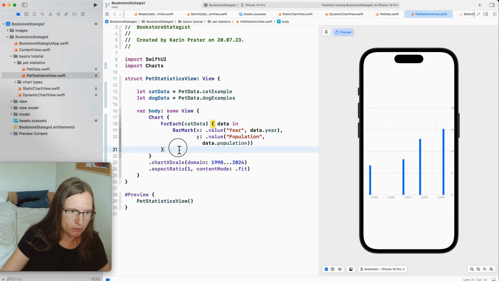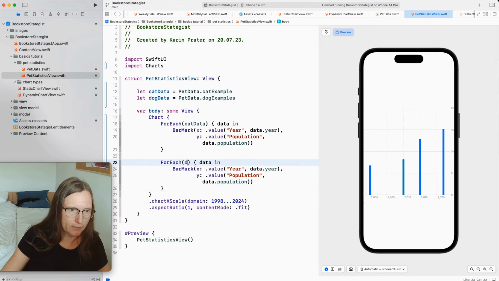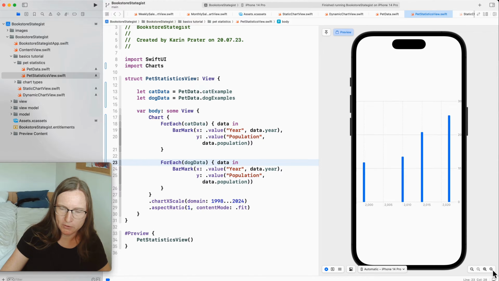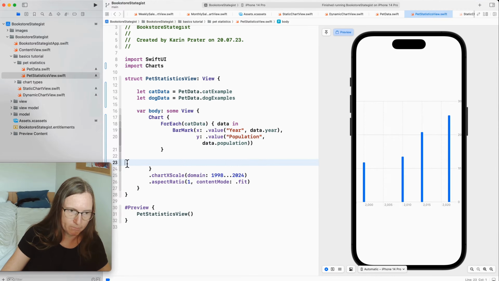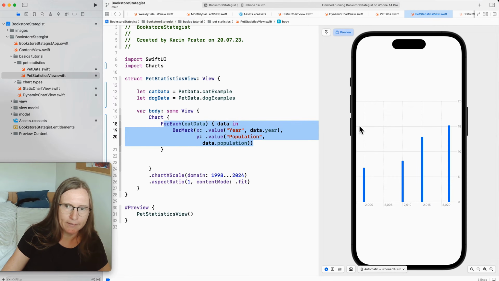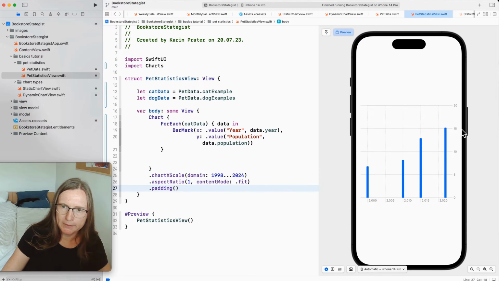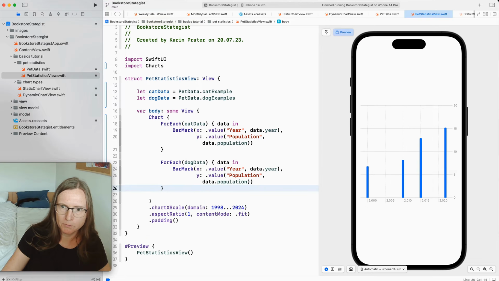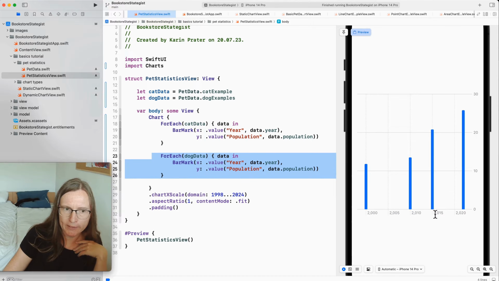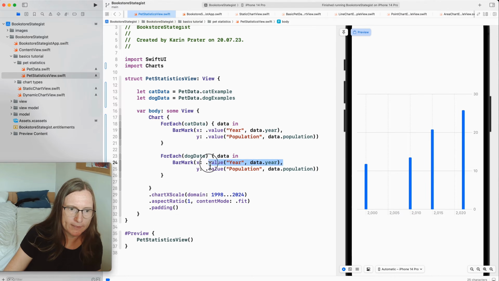So then I generate a second for each for my dog data. And now you see the effect, and maybe I should just undo and redo this. So I'm just taking this out because it's an important learning. So I now only use the cat data, which was the highest at 15 million here. And now when I add the second one, the array of dogs, you see the statistic for cat and dog together. So basically the chart automatically sees, oh, for the same X value, I added another value, so